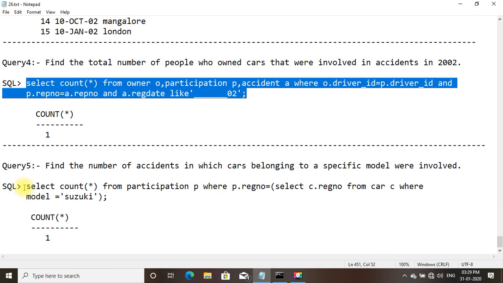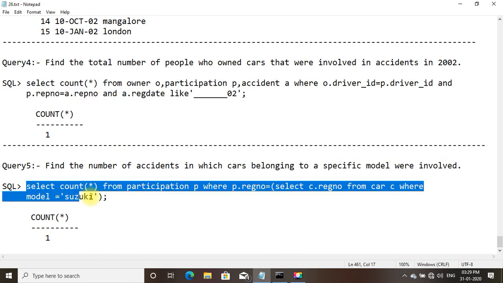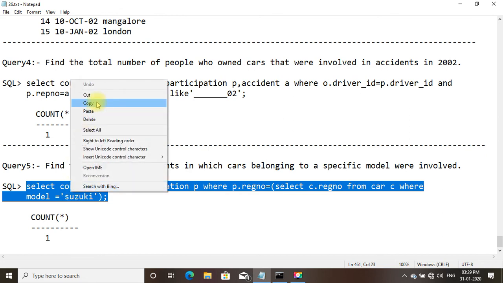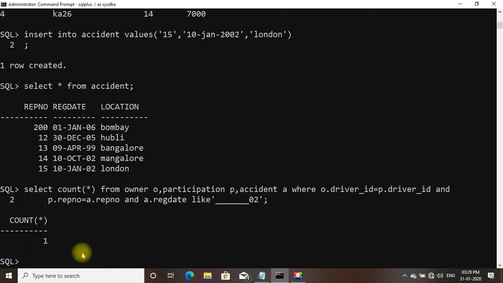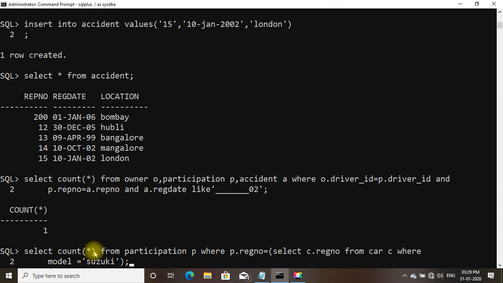Now let us come to the query number 5. Find the number of accidents in which cars belong to a specific model were involved. So this is the statement. Select count star from participation P where P dot registration number is equal to select C dot registration number from cars C where model is equal to Suzuki.